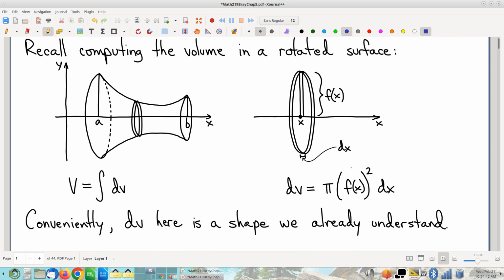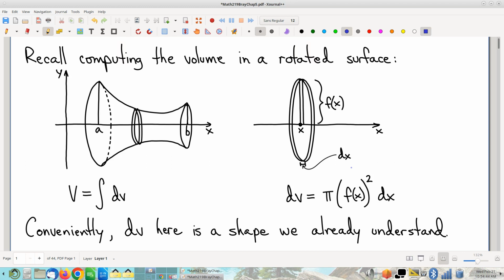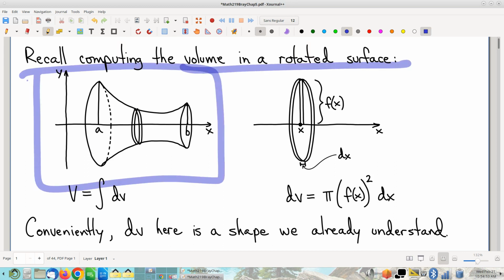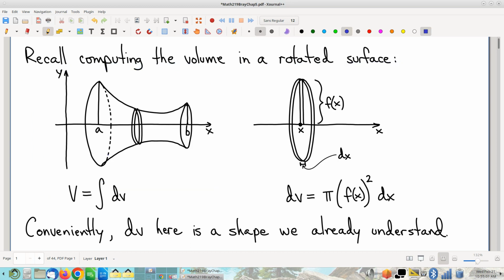Here's the big idea. I'm going to go back to single variable calculus again. Again, kind of flashbacks to chapter 2. Y'all will remember this idea of computing the volume of a rotated surface, one of the standard examples in a single variable calculus course on integrals. And you can compute that volume